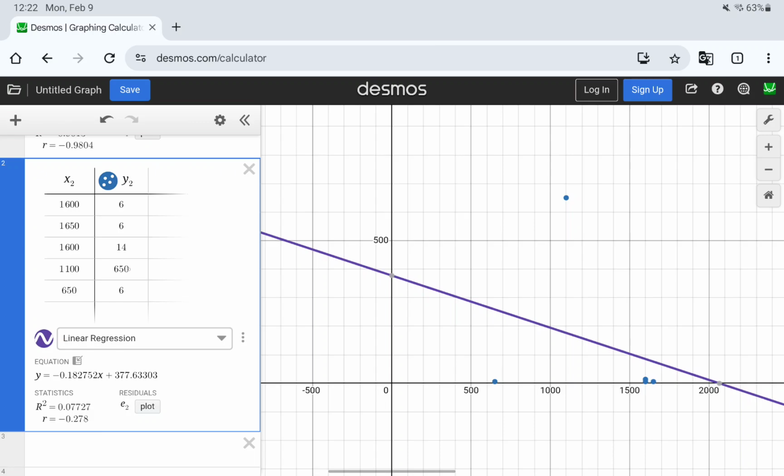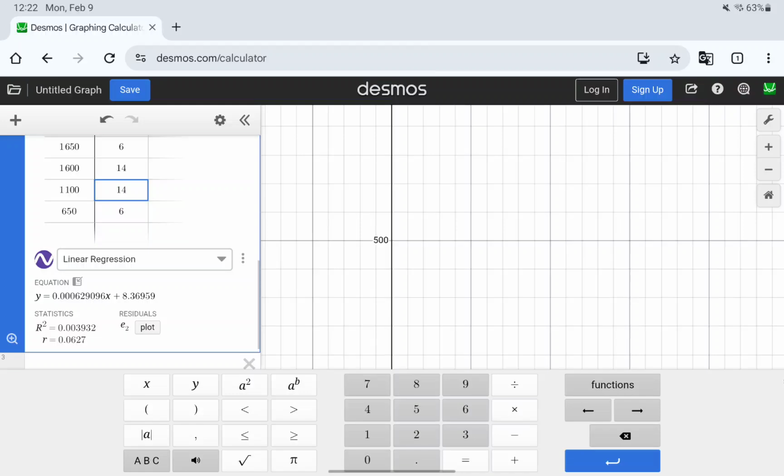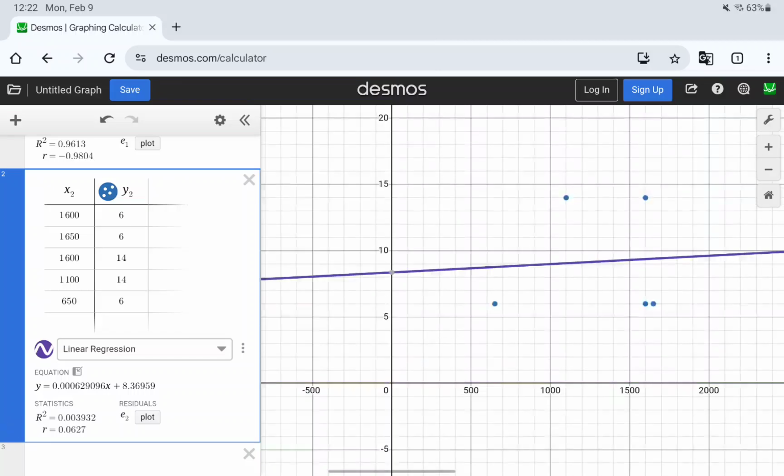And I actually just noticed that I have a typo in my data set here, which is why my answer isn't looking right to me. That should be a 14. So now we'll click that magnifying glass icon again. There we go. Now I'm getting the right answer. So I updated my value in my table, and now we're getting this new regression model, and we're getting a value for r of